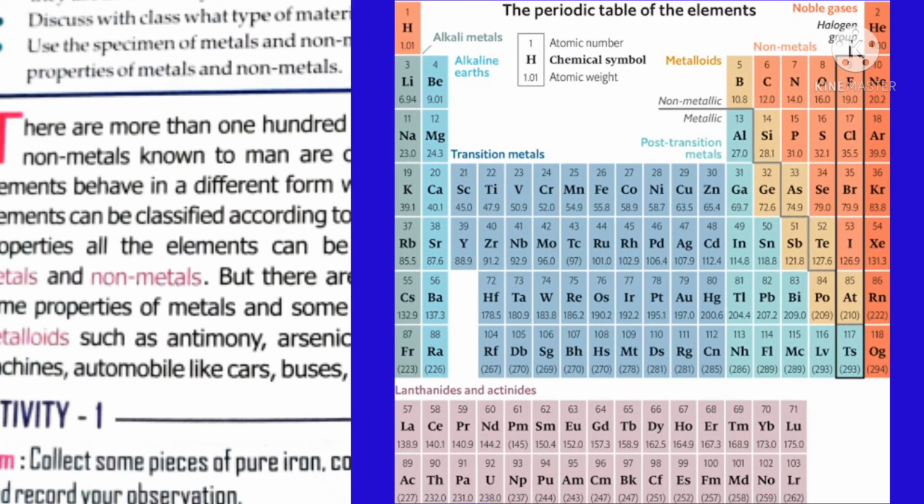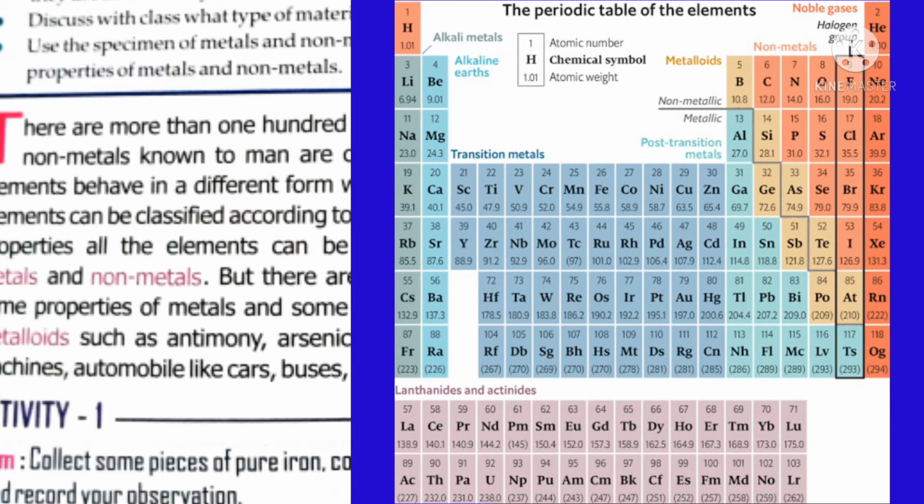This is a periodic table in which the symbols of all the elements are listed. For example, the symbol of the element hydrogen is H, which is the lightest element among all. Likewise, the symbol of the element helium is He. All these elements are basically classified into metals, nonmetals, metalloids, and inert gases or noble gases.